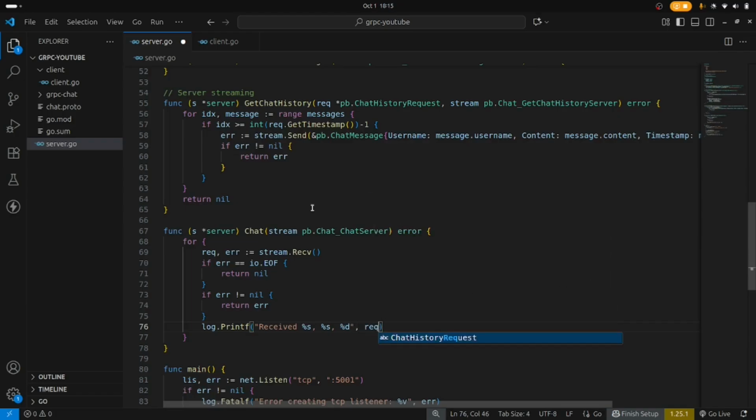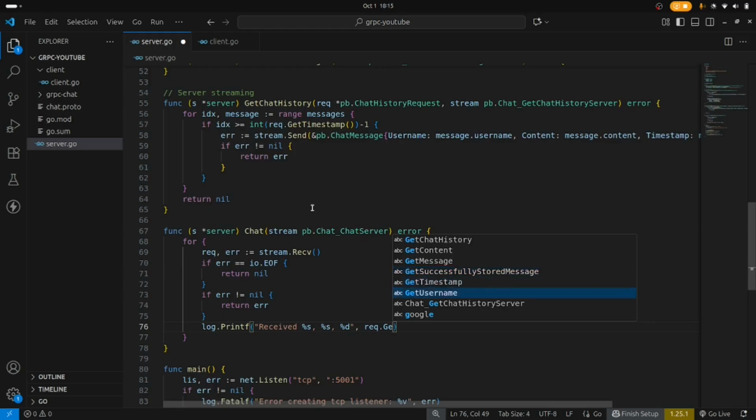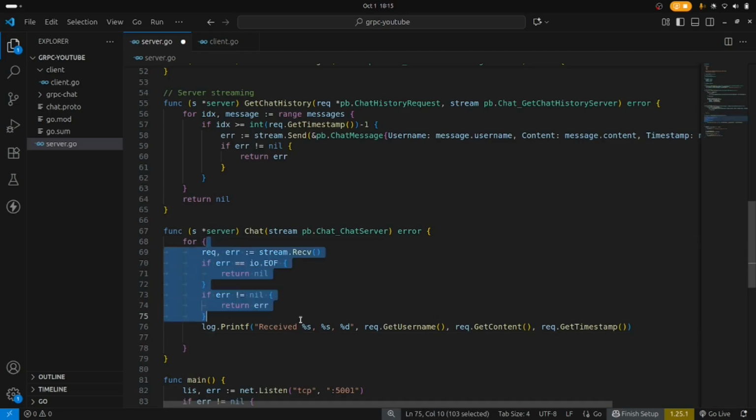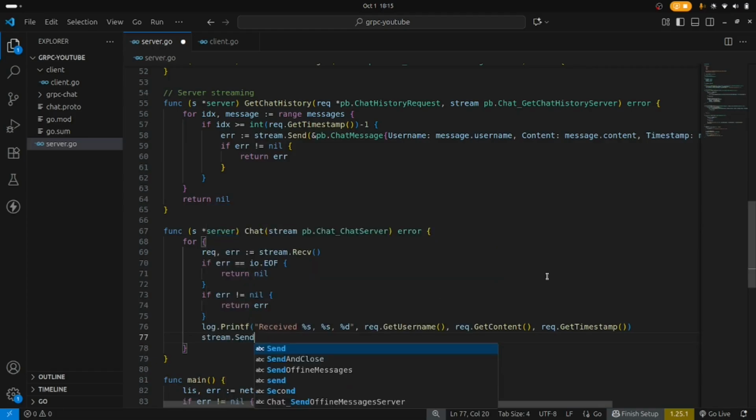So req.GetUsername, req.GetContent, and then finally req.GetTimestamp. And the last thing we want to do is, as we get a request from the client, we want to send a response also. So for each request we'll send a response back. So in the stream we want to send